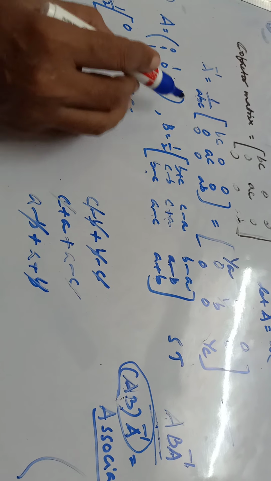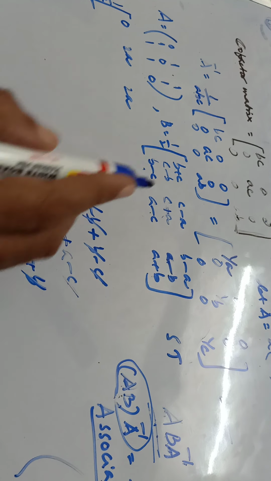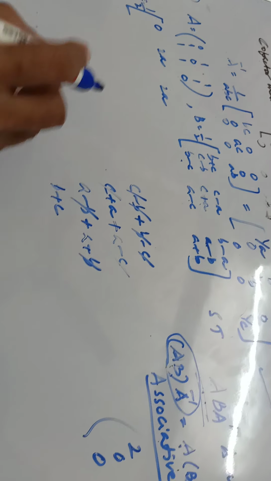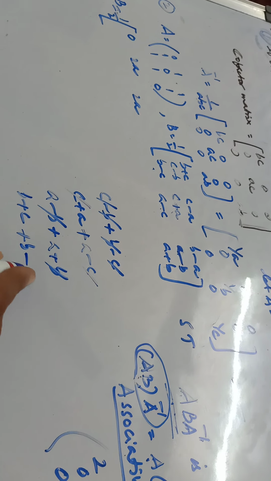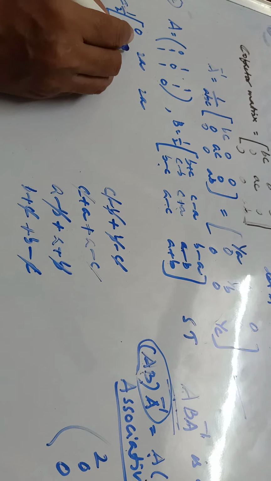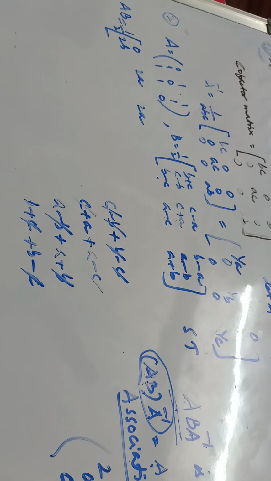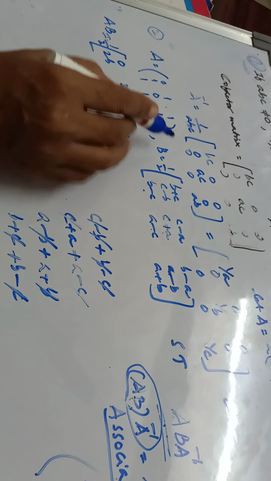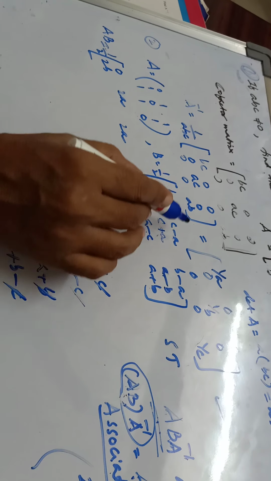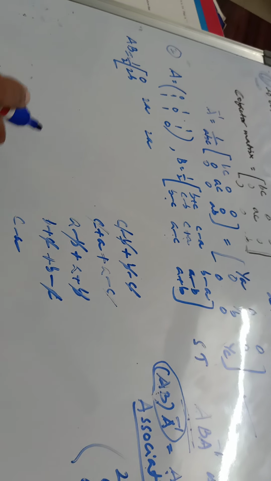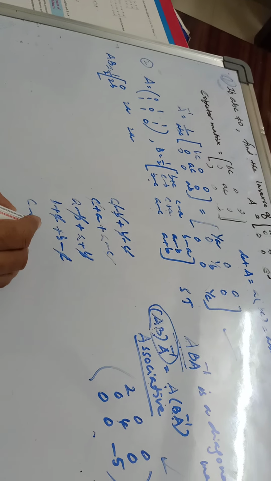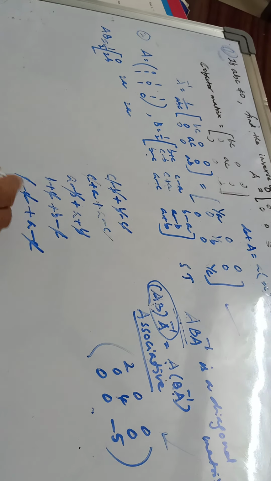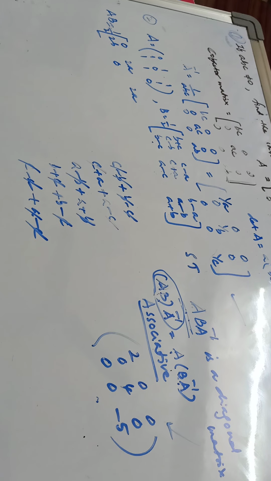Now multiply second row with first column. 1 into B plus C, that is B plus C. 0 into something is 0. 1 into B minus C, that is B minus C. These two get cancelled. B plus B is 2B. This is the first element. Now multiply the same row with second column. 1 into C minus A, C minus A. 0 into something is 0. Plus 1 into A minus C, that is A minus C. Minus C plus C. So this will become 0.